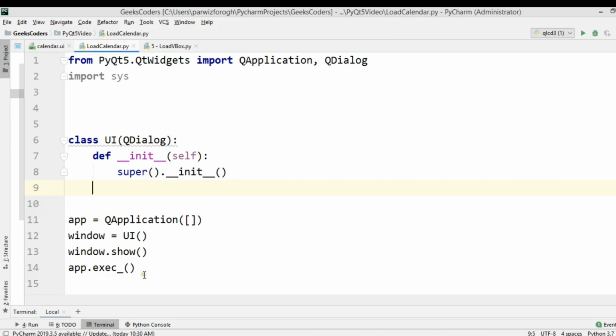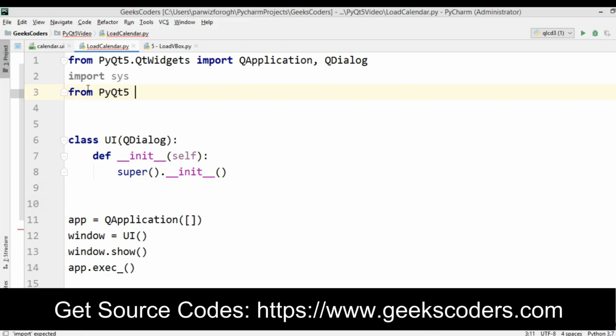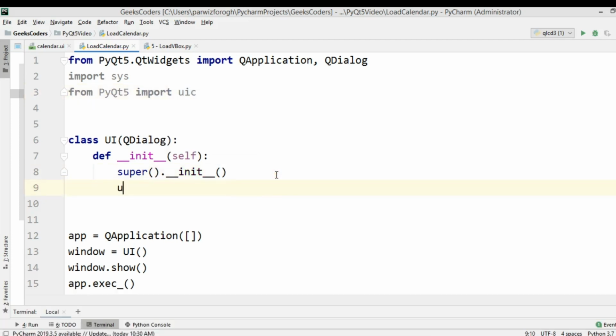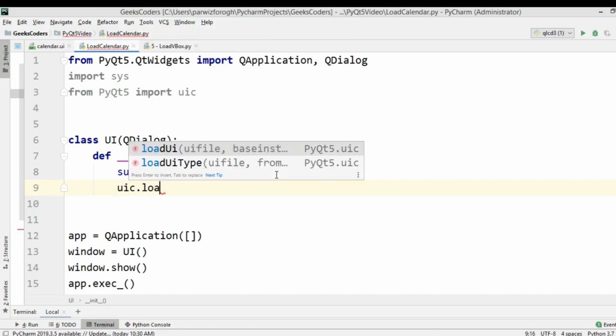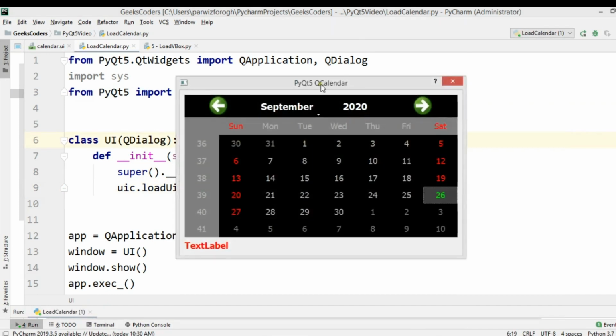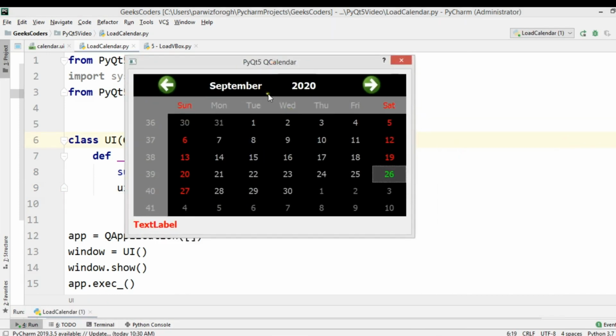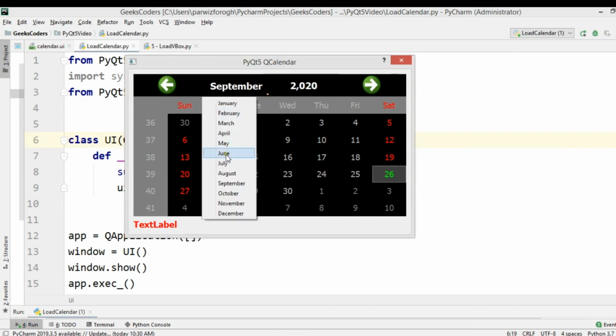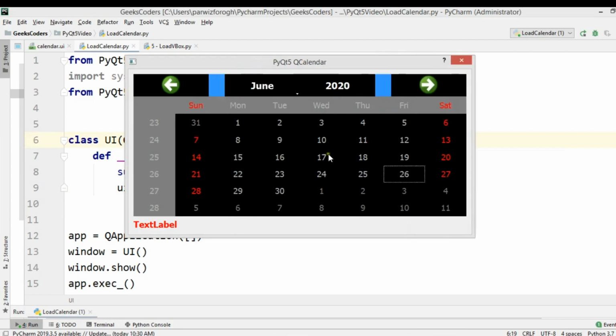Okay, now this is my code for the loading, and I'm going to just import from PyQt5 import uic. We are using the uic module for the loading, and in here you can just say uic.loadUi, and in here you need to add your UI name, so calendar.ui and self. Okay, now you can see that this is our calendar,